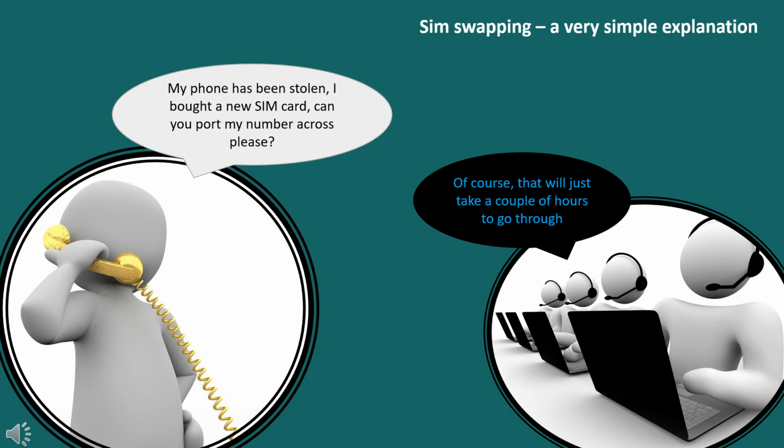Mitigating SIM swapping includes not using your date of birth or anyone in your family's date of birth as a security code with your service provider, as this can be easily found through an internet search. And if you have 2FA using an authenticator or physical token, this will also stop this attack.